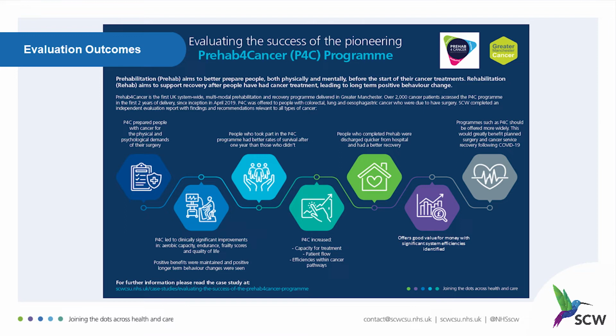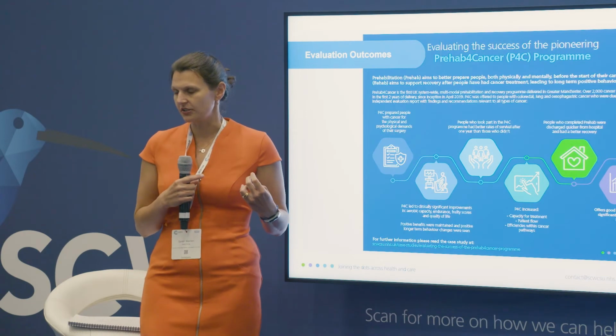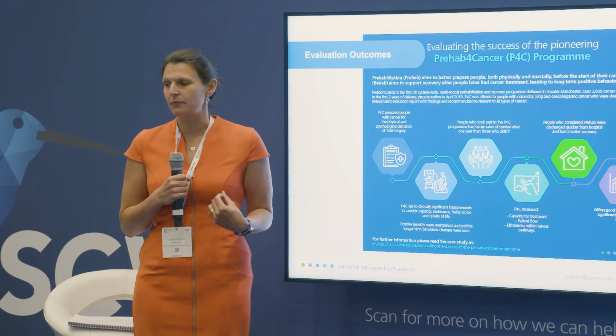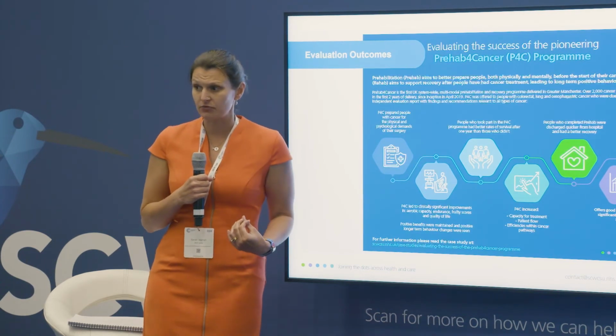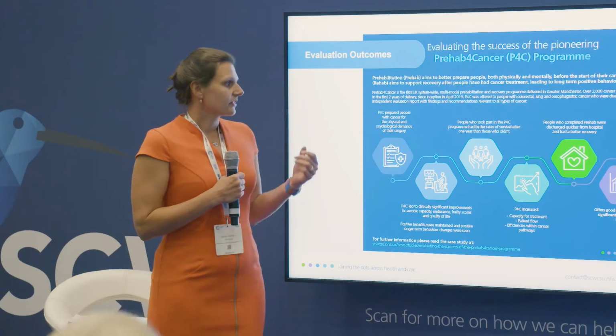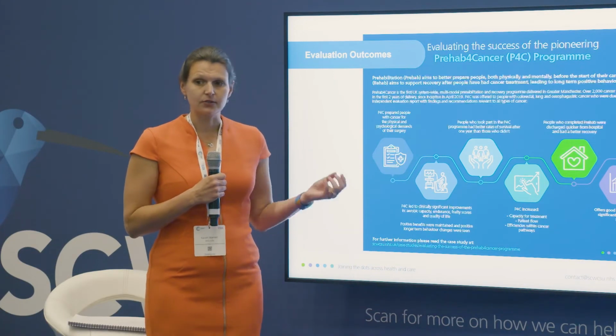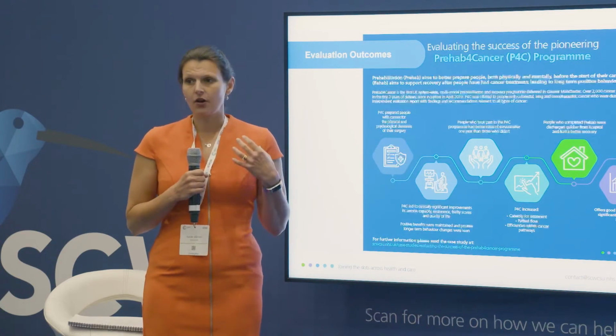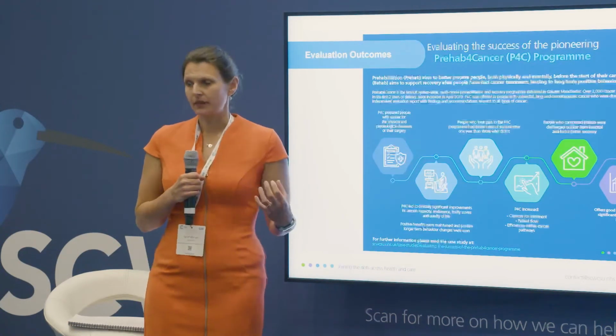So in the current experience we've got of waiting list management and the impact that the pandemic's had in elective care, this is a really fundamental thing. So in colorectal alone, we got to a point where for every 1,000 patients that went through the pathway, 179 more patients were able to be seen because of the capacity that was released. The individuals that participated also had much better survival rates and went on to have ongoing health and well-being benefits,